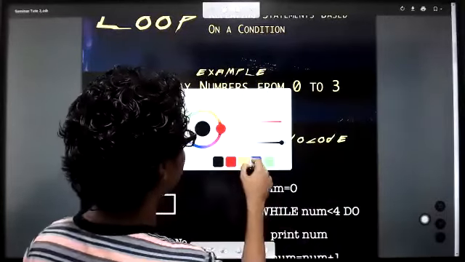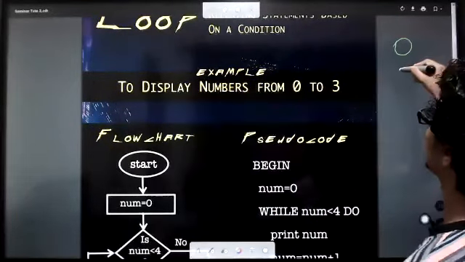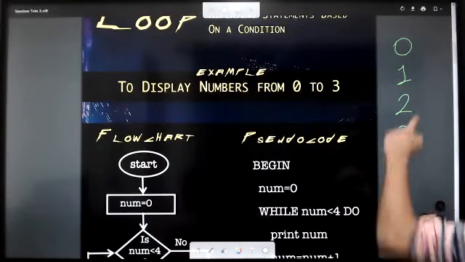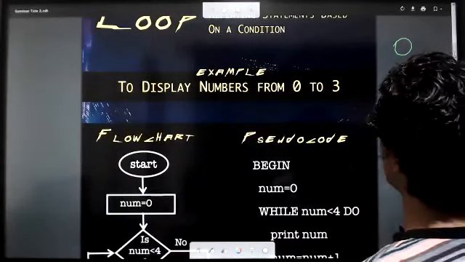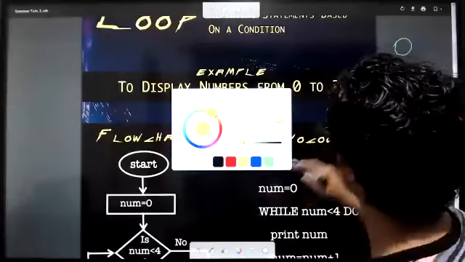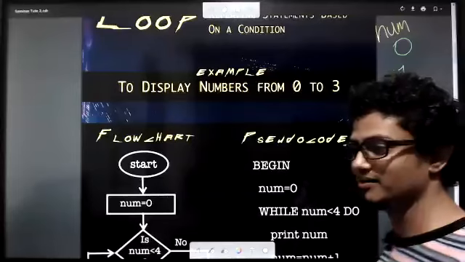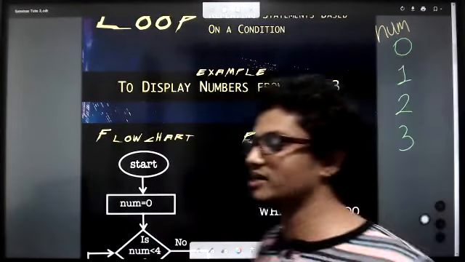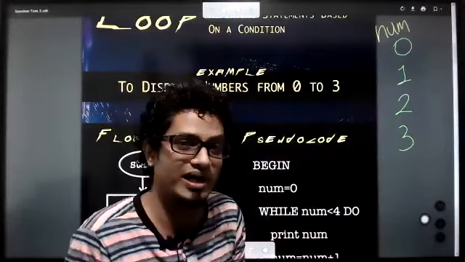What I'm going to display is 0, 1, 2, 3. So you can see that the number is varying. Since the number is varying, I'm going to use a variable for that, let's say num. You can give any name for this variable, right? This num variable, starting from 0, I have to go until 3. So there is a start, and also there is a stop, that is at 3 we have to stop. And also we have to identify what is the step.